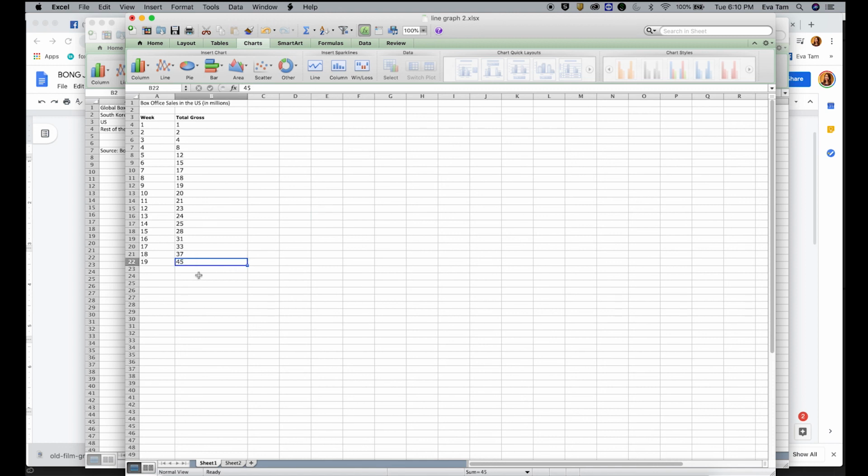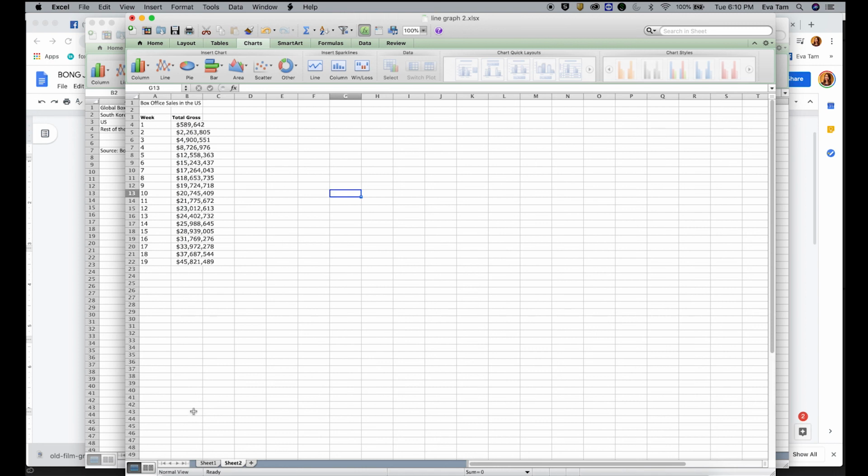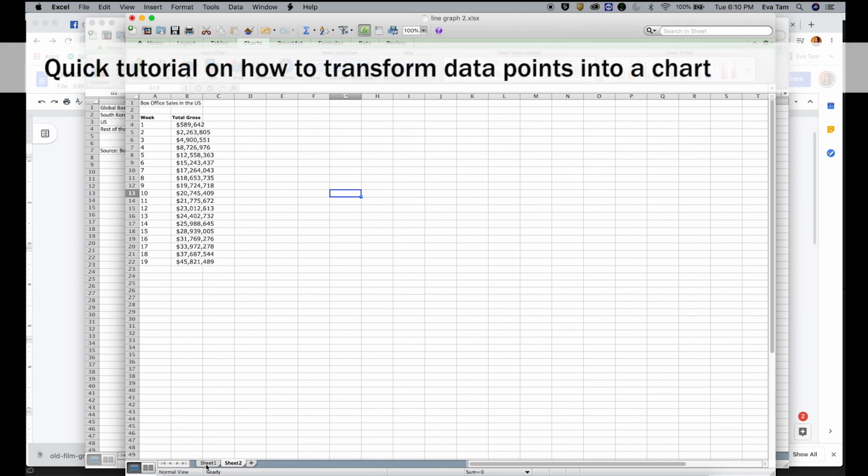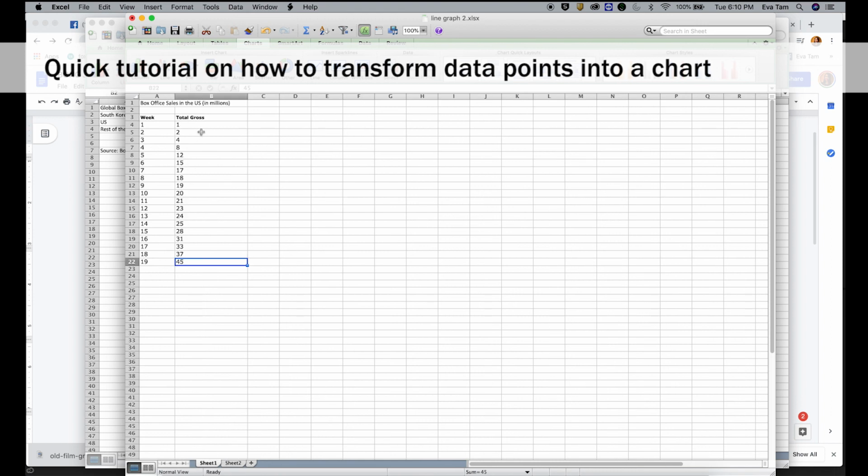Because initially this number looks like this. This is what it initially looks like. But I cleaned it up by getting rid of the dollar signs, and instead of having 45,821,489, I shorten it to just this. And then I'm going to say in the chart it's millions.